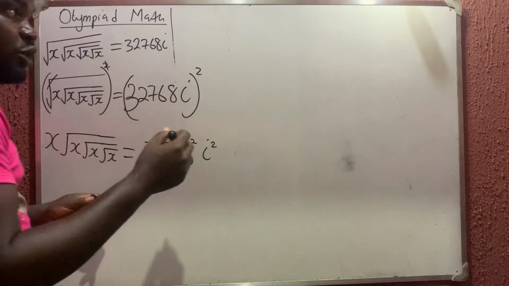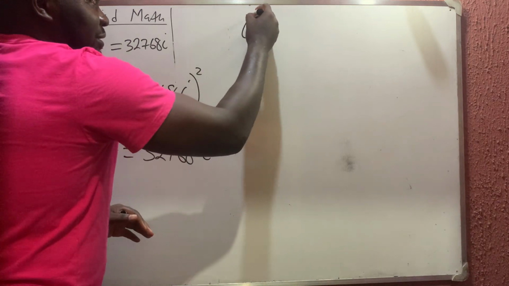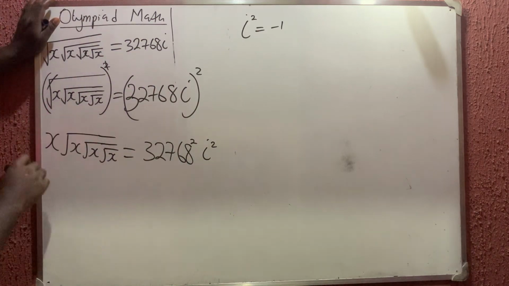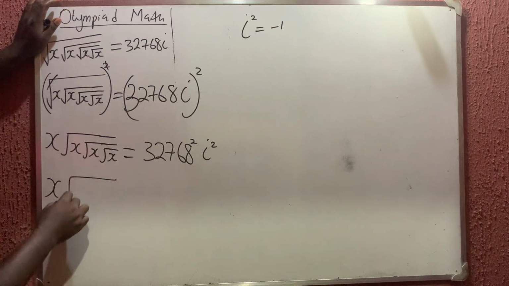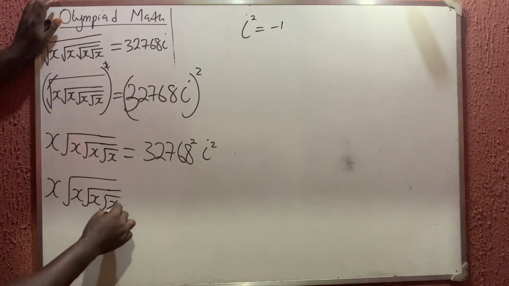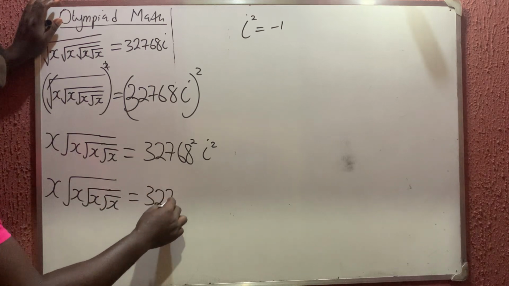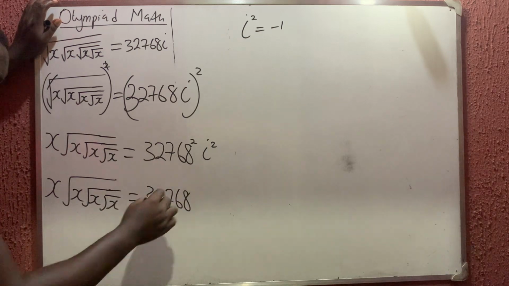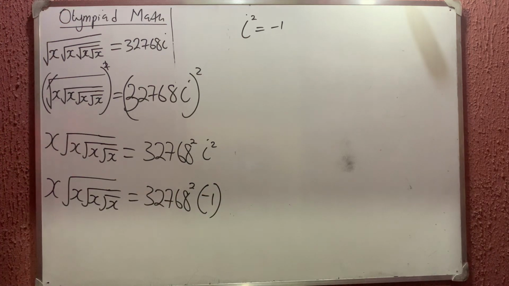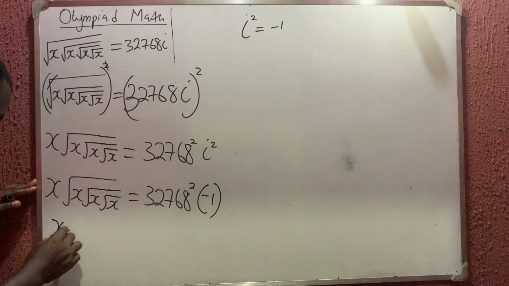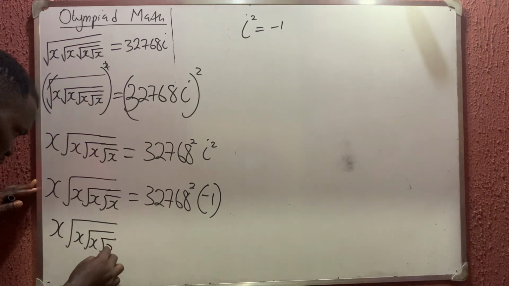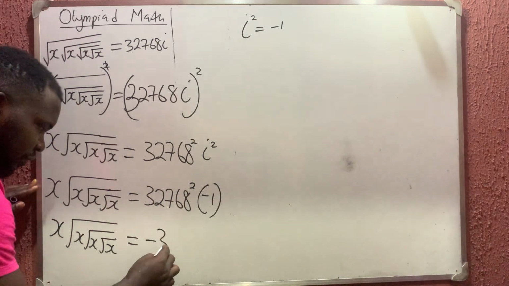Now don't forget that according to complex numbers, i squared is equal to what? -1. Okay, don't forget this. So I'm going to have x, the square root of x, the square root of x, and the square root of x is equal to what? 32768 squared, then i squared is giving me -1. So this is going to be x, the square root of x, the square root of x, and the square root of x is equal to -3